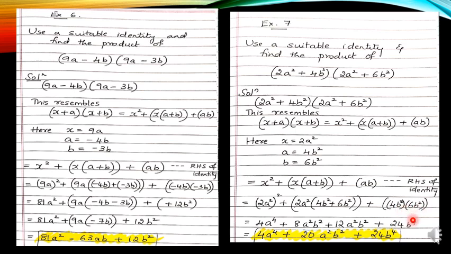B square into b square is b power 4. When the variables are same, you are going to add the power. Remember, when the variable has power raised to another power, you are going to multiply the powers. When there are two variables which are exactly same but the powers are different, you are going to add them. These two are like terms here. So, if you simplify, it is going to be 4a power 4 plus 20a square b square plus 24b power 4. I want all of you to write all these examples first and then start with your exercise 9.5 in your classwork.